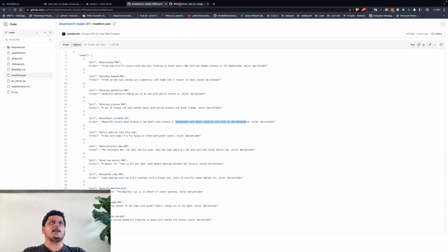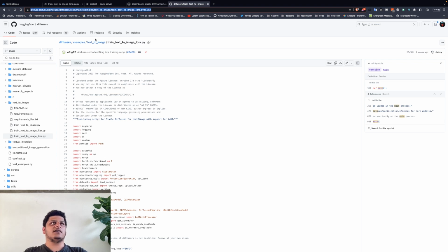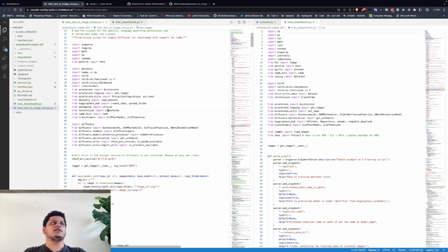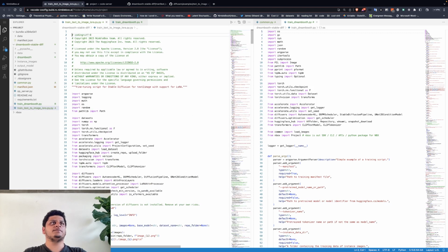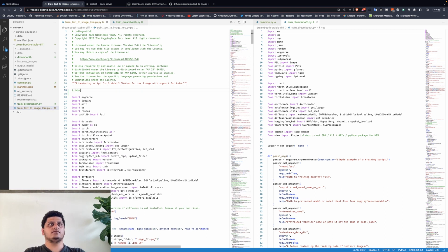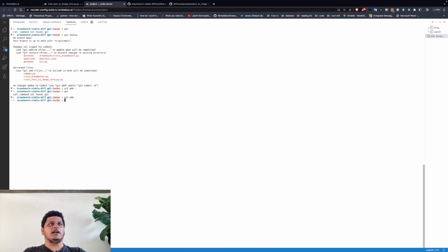I think I should cite where I got this script from. Again, it never really hurts to have correct citations. Perfect. Git add dot, git status, git commit